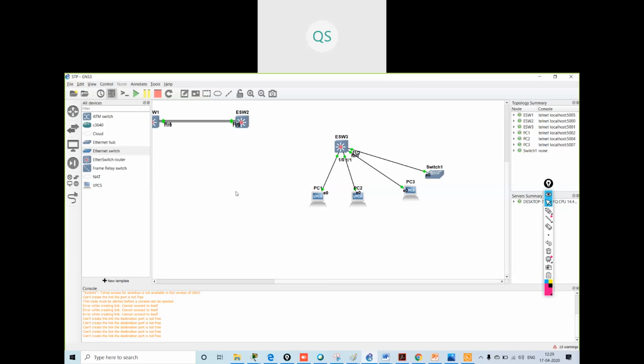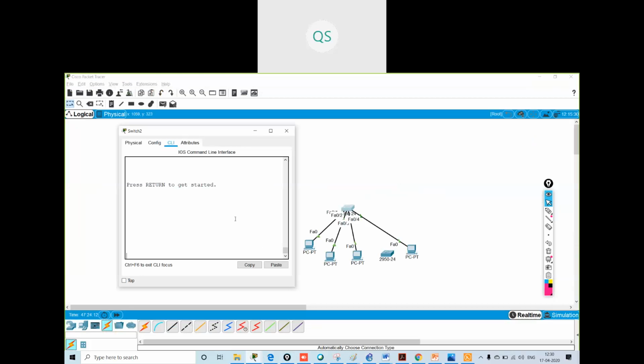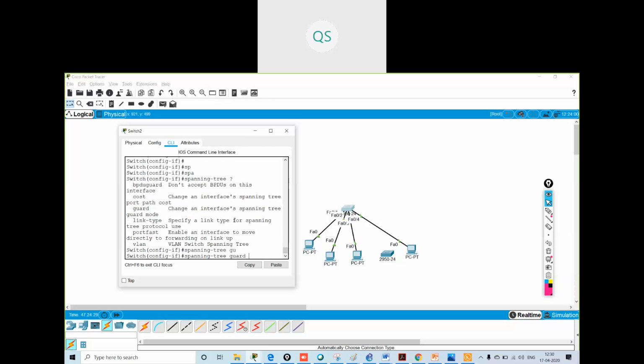Let us see if we can get the configuration over here in the DNS3, because I don't think we will be getting the configuration in Packet Tracer. The command will be interface fast Ethernet 0/1, spanning tree guard.